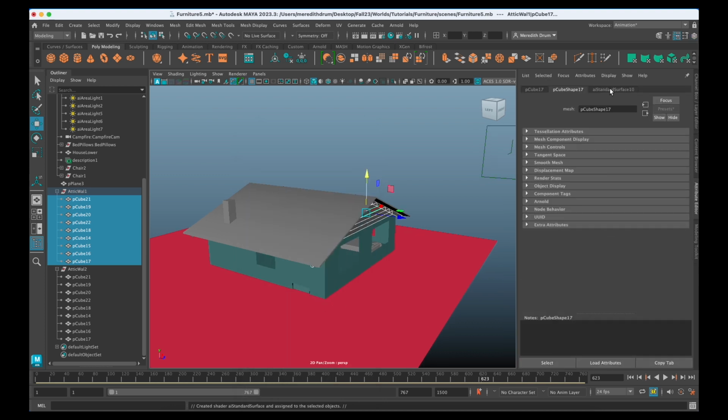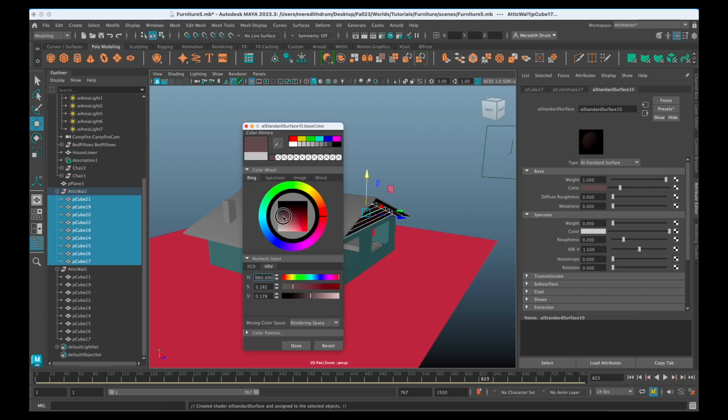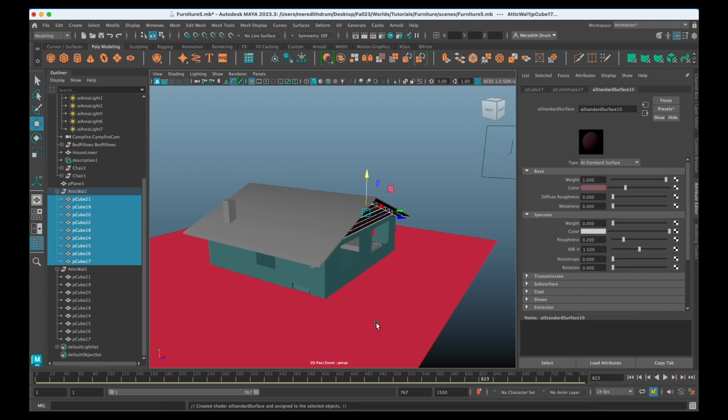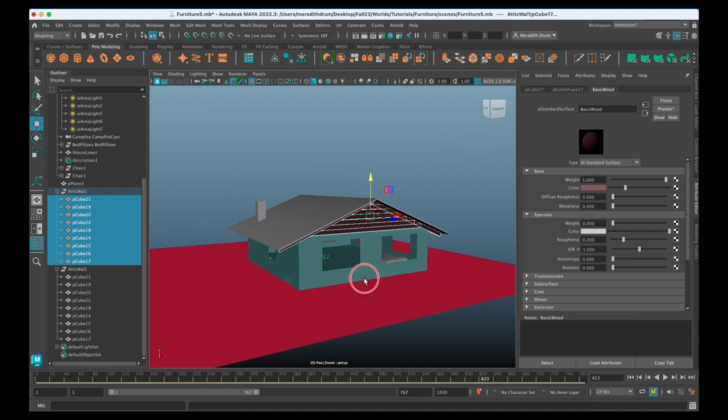AI standard. I'm just going to look here, I'm going to turn down specularity. I don't know if you can see this little specular reflection there. If I turn it down, it's matte, it's flat, and I'm just going to make it have a brownish color for now. You could bring up the lightness of it if you wish a little bit. And that's great, and I'm just going to call it basic wood. Again, it's not the most interesting texture right now, but we'll just leave it like that.